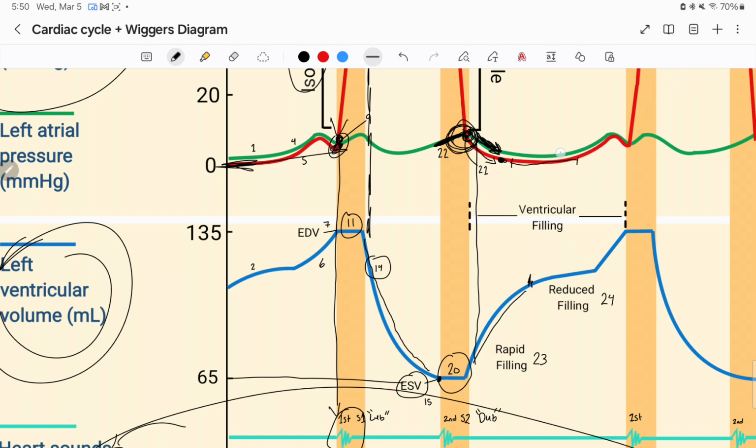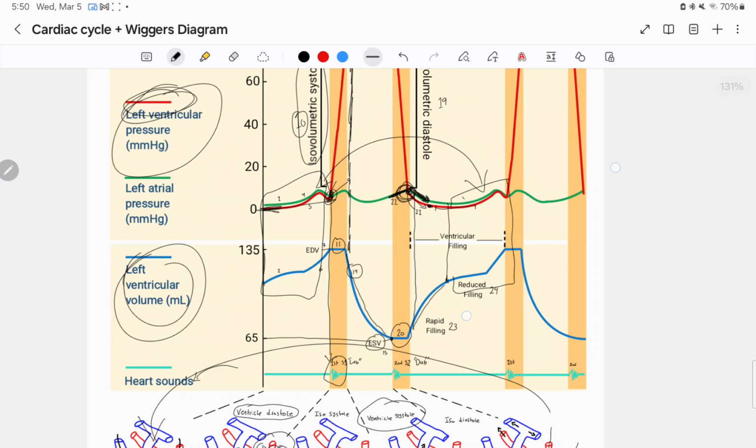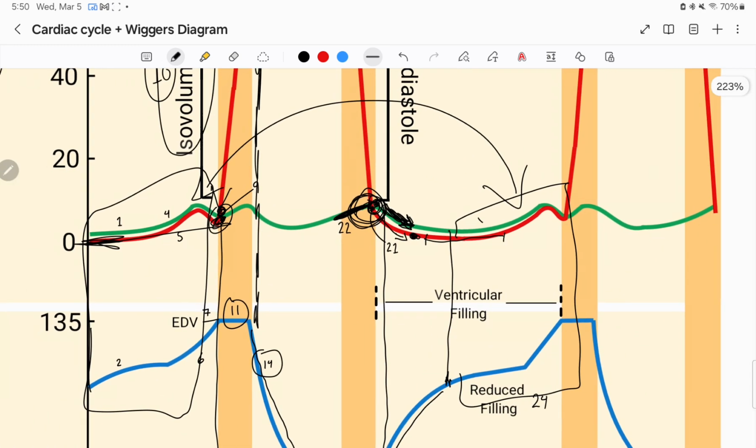And at this point of the story, right here, is where we entered in. So this point and this point are the exact same. We entered in at the reduced filling phase. We entered it in step 1, step 2, and all of that. And so we're going to repeat the exact same thing, okay? What's going to end up happening is